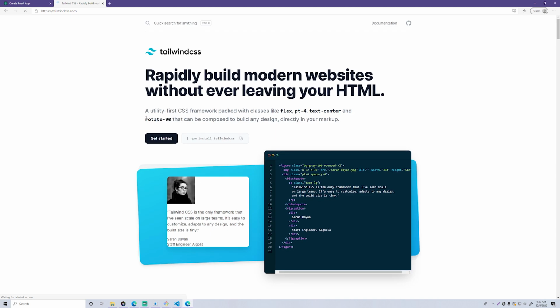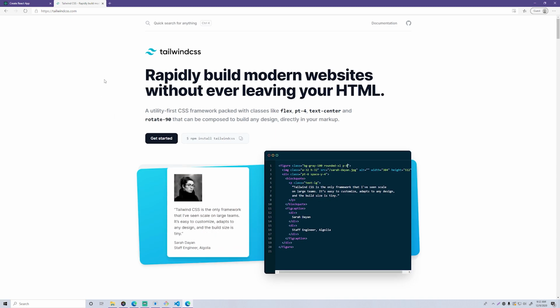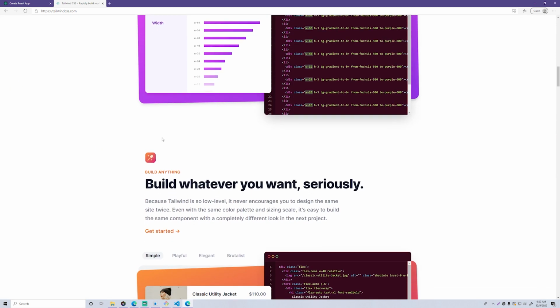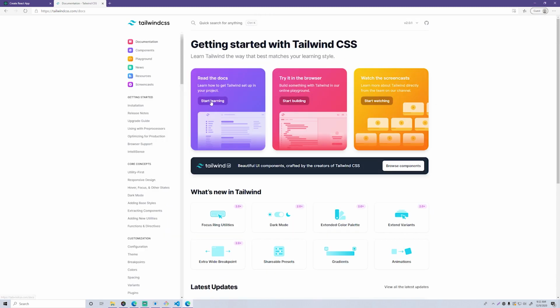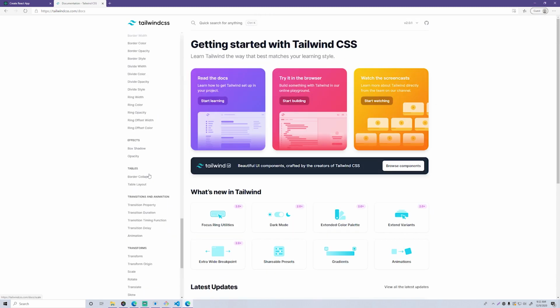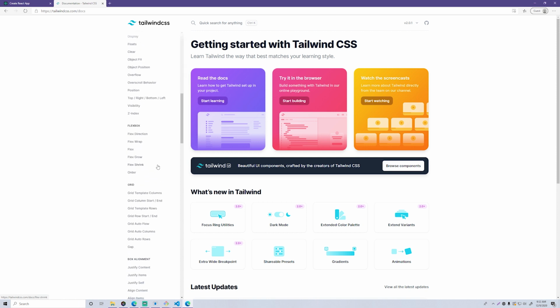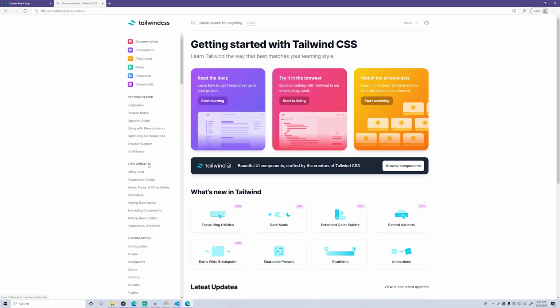If you want to learn more about Tailwind CSS, by the way, you can go to tailwindcss.com. They have some decent documentation. So click documentation here. They have a bunch of example documentation. It's really powerful. I like the framework a lot. I'm going to be using it a lot more in my videos. And yeah, that's pretty much that.